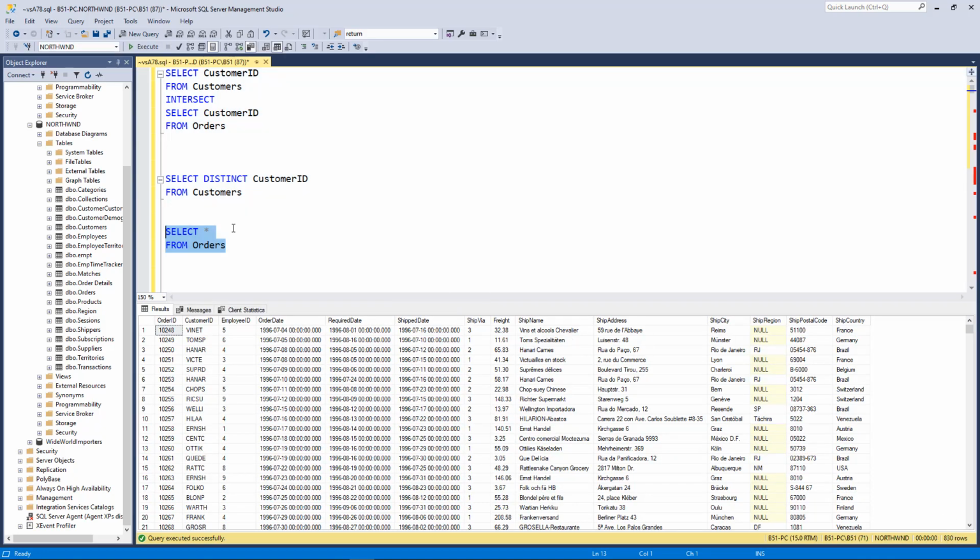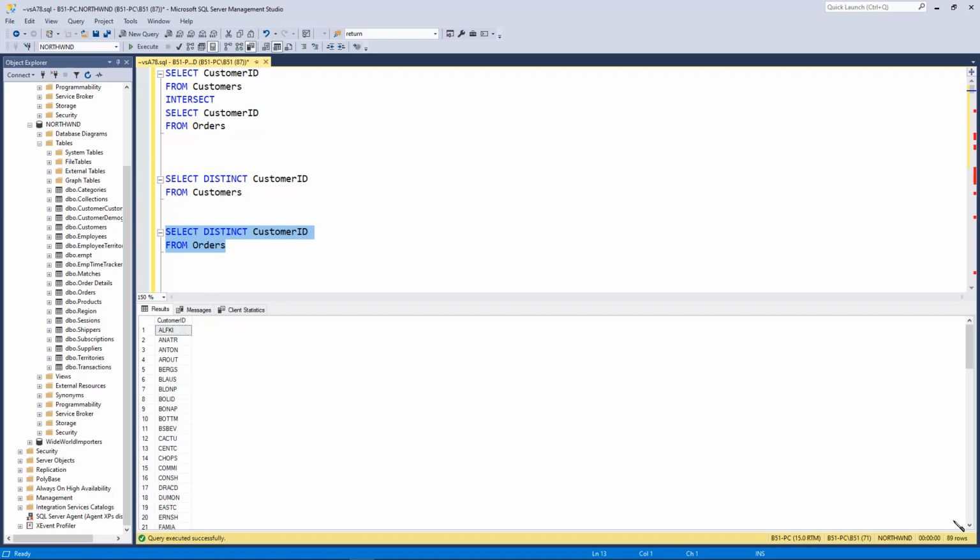We have 830 rows, but we want the distinct customer ID, only the distincts. And if we run it, we have 89. We know that the 2 values that we have in customer ID and not in the orders are Pisa and Paris. So what we get if we do INTERSECT is all unique rows from the customer ID, 91 rows, and only the values that are in the orders table. So only 89 rows. The 2 rows, Pisa and Paris,